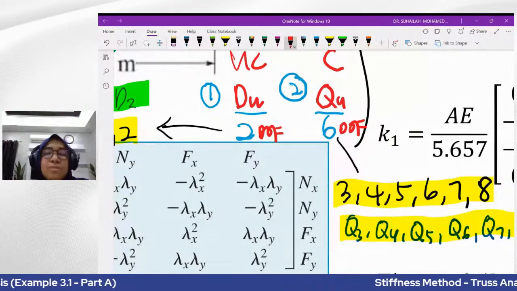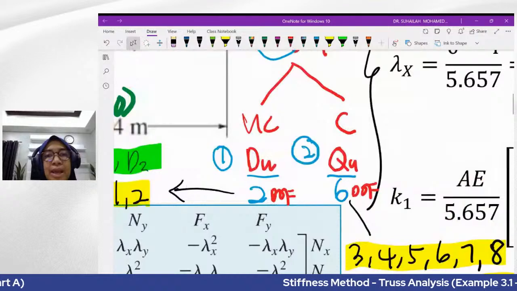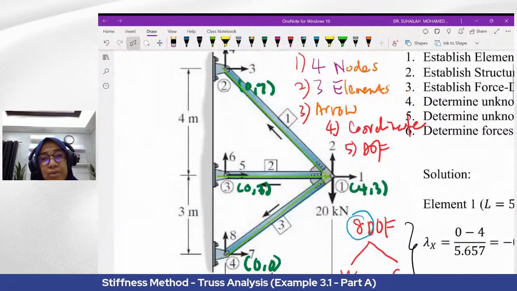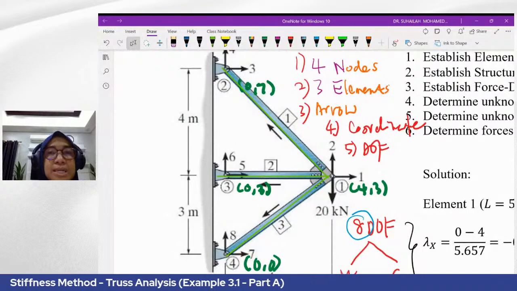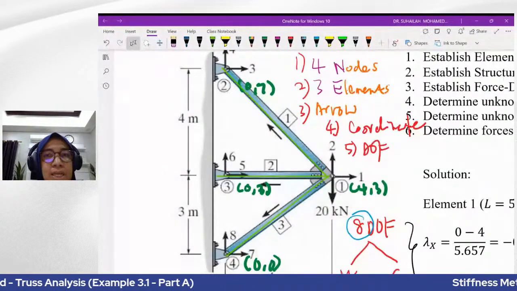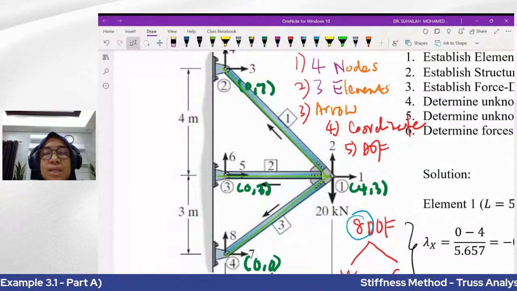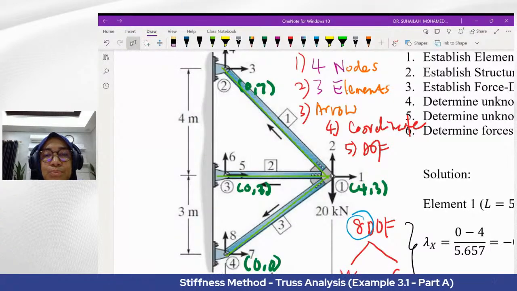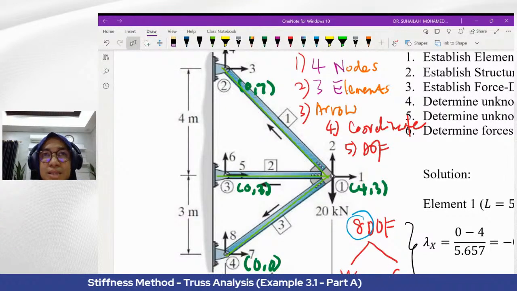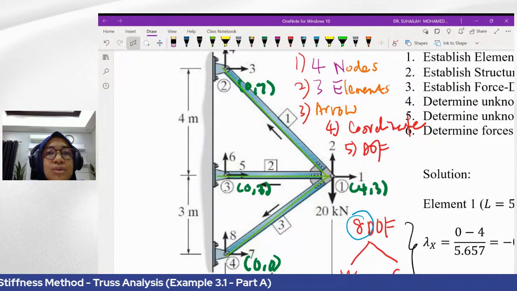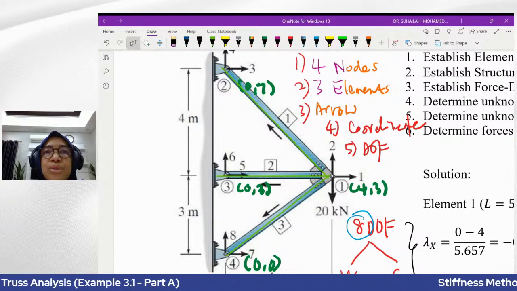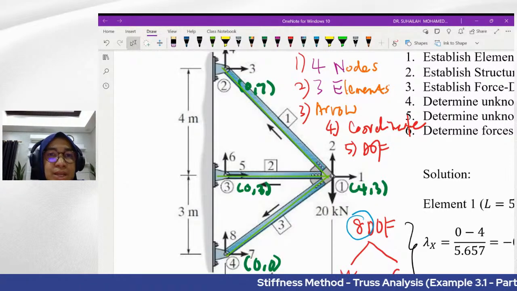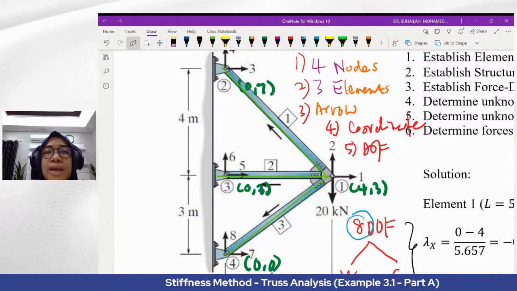However, by looking at the original diagram, the easiest way to label the degrees of freedom is to start from the constrained system, because under the constrained system there are unknown reactions, and we know that there are 6 unknown reactions, because